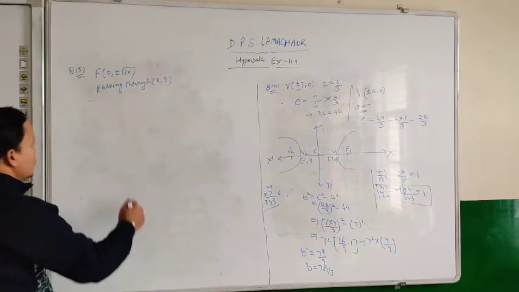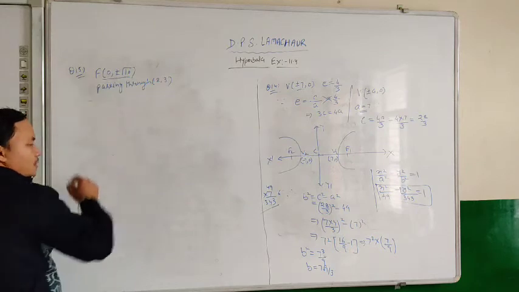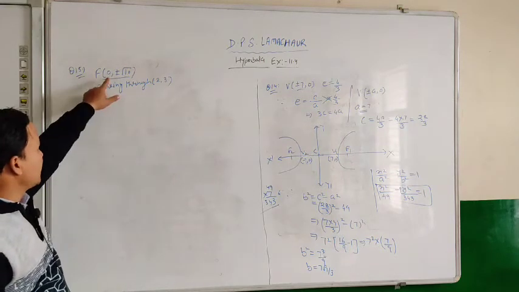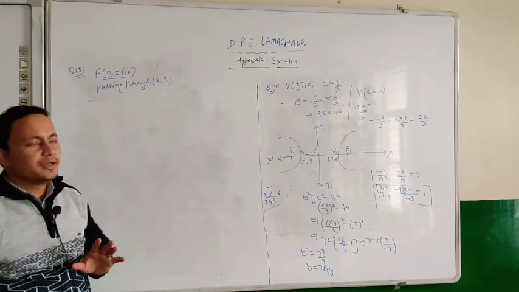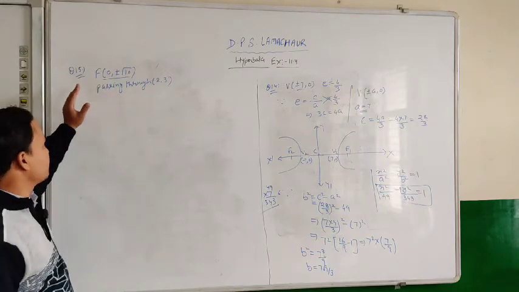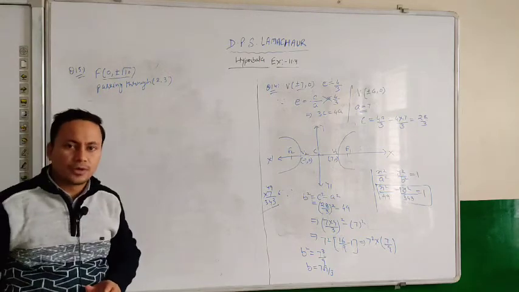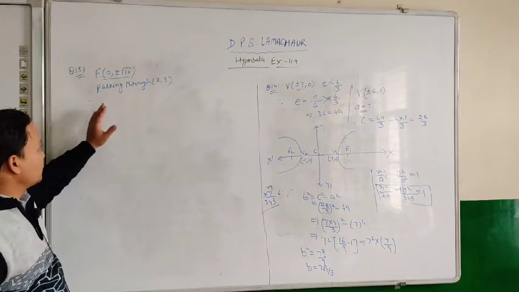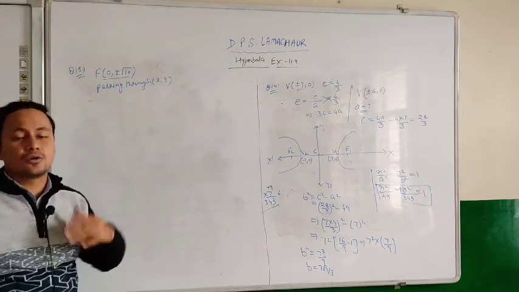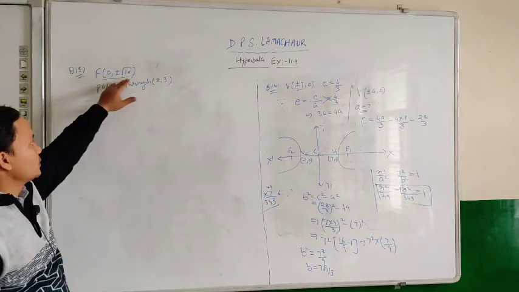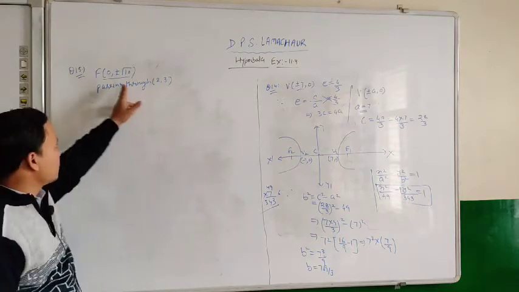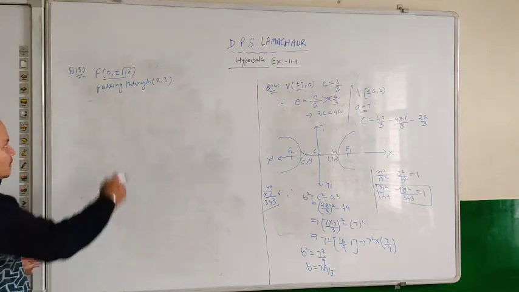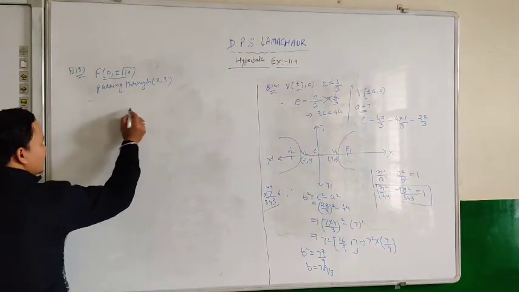So first see the focus. Since the x coordinate is given as 0 here, the y coordinate is plus minus root 10. So it is clear from the coordinates of the focus that the transversal axis of our hyperbola is symmetric about the y axis. The hyperbola will be symmetric about the y axis, because the x coordinate is given as 0. So the focus lies on the y axis.